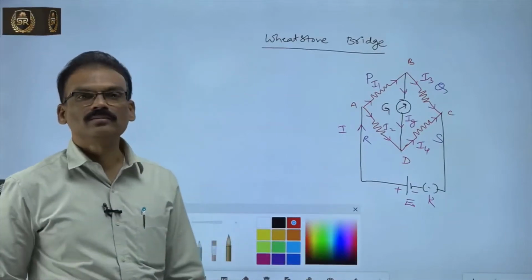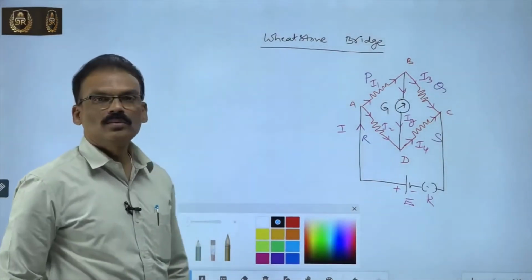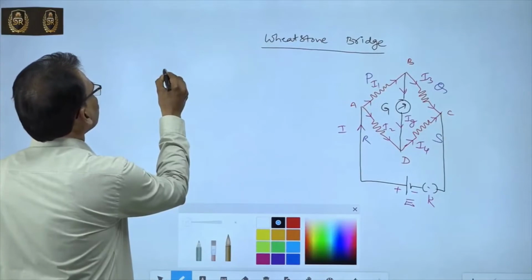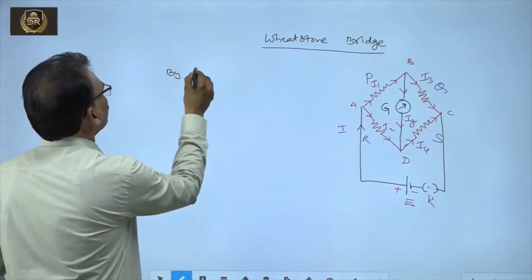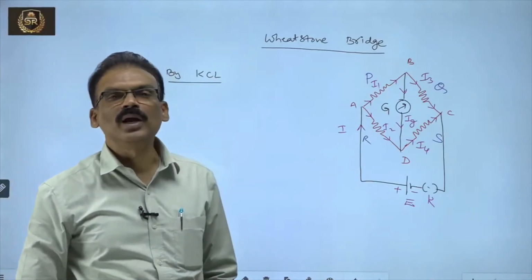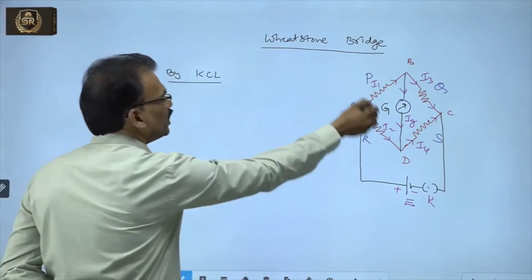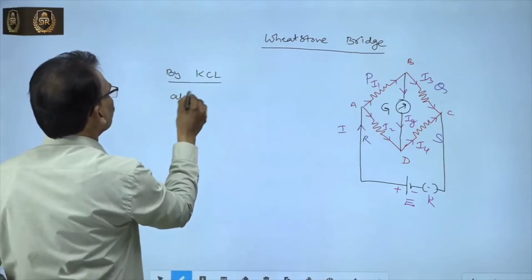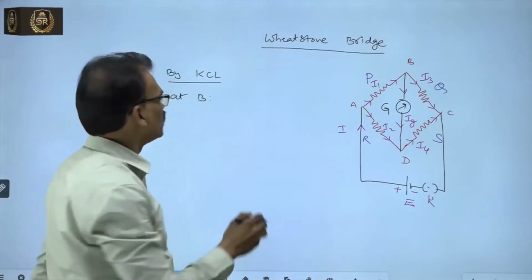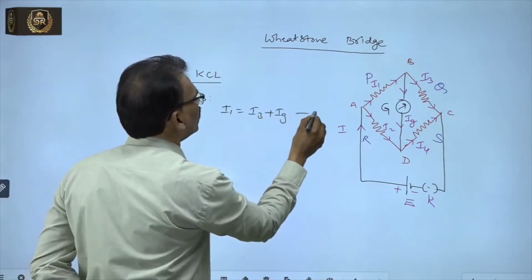Now, what we have to do is apply Kirchhoff laws. First, by Kirchhoff current law. This current law or junction law should be applied where the 2 ends of the galvanometer are connected. So at B, D the galvanometer is connected. So at B, I1 is going inside, I3 and IG are going outside. So the inward current will be equal to the sum of outward currents. Let this be equation 1.